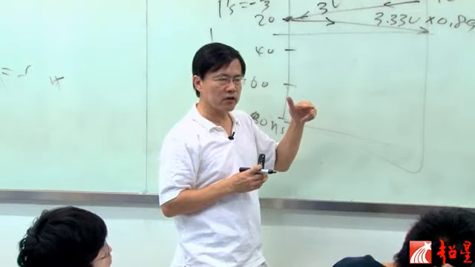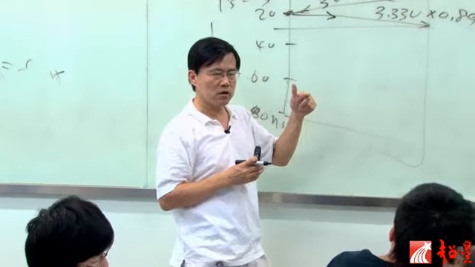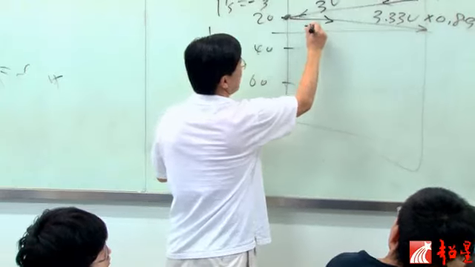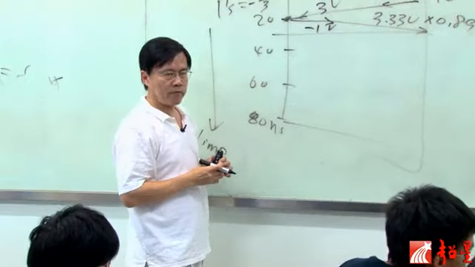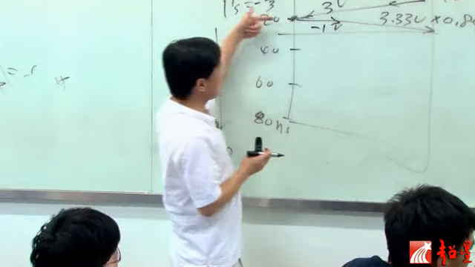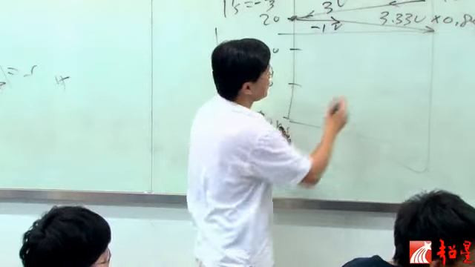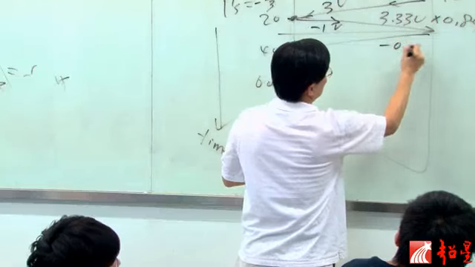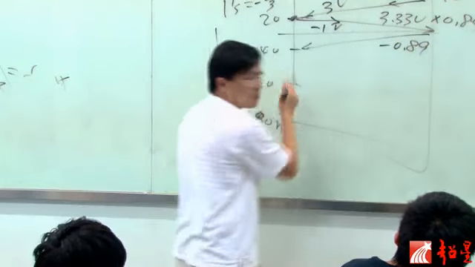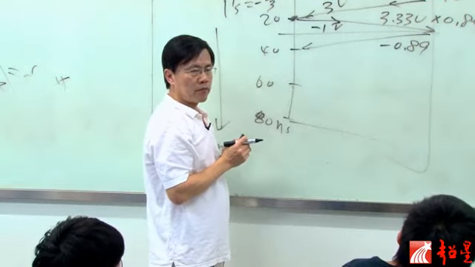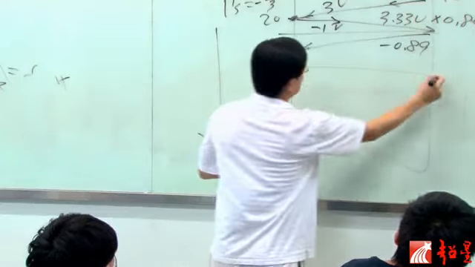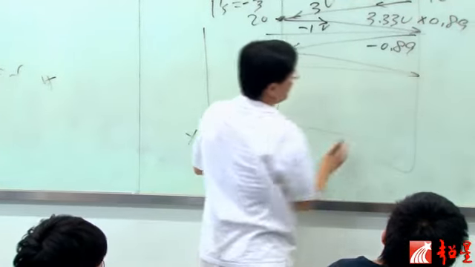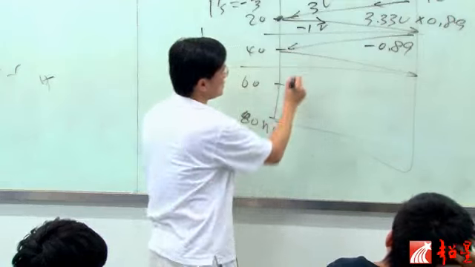Negative 1/3 of it, right? Which is negative 1. Okay? So negative 1 volt is going to go back, and it's going to hit that point. Then negative 0.89 is going to come back. Okay? And then negative 1/3 of that, which is